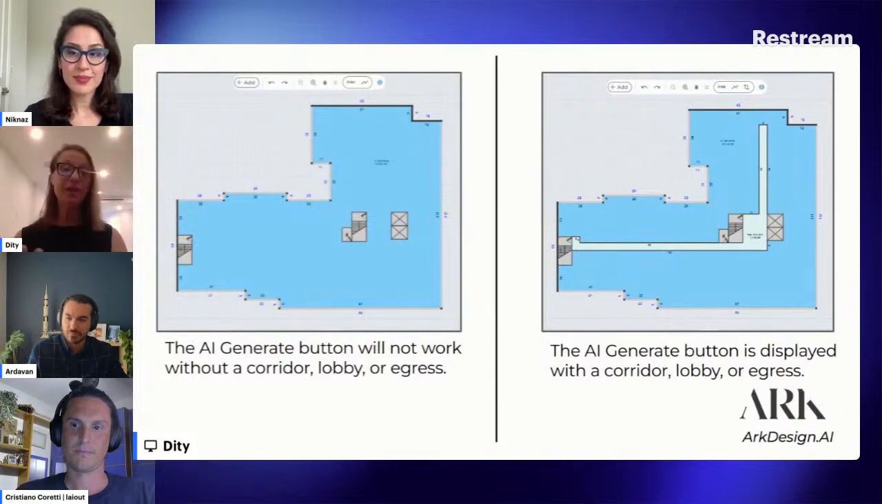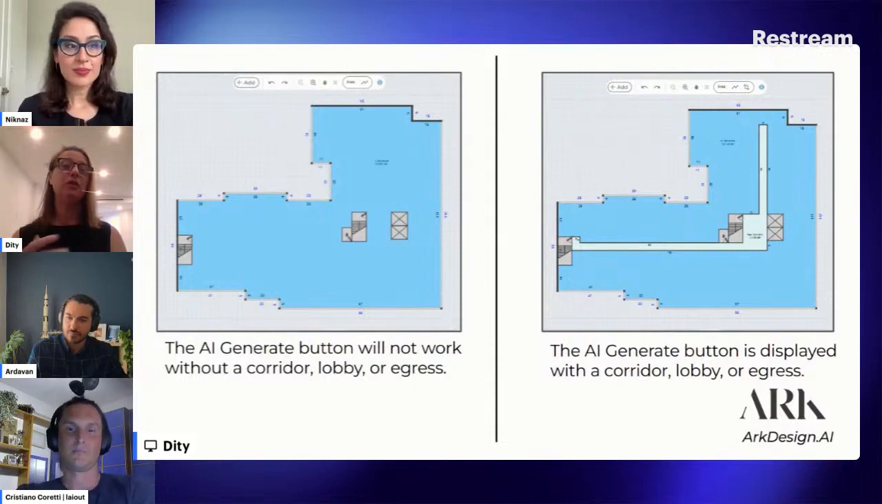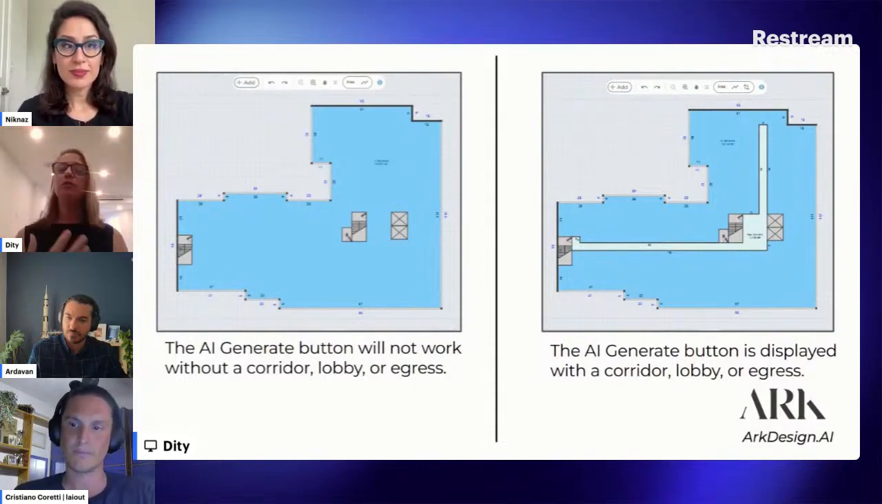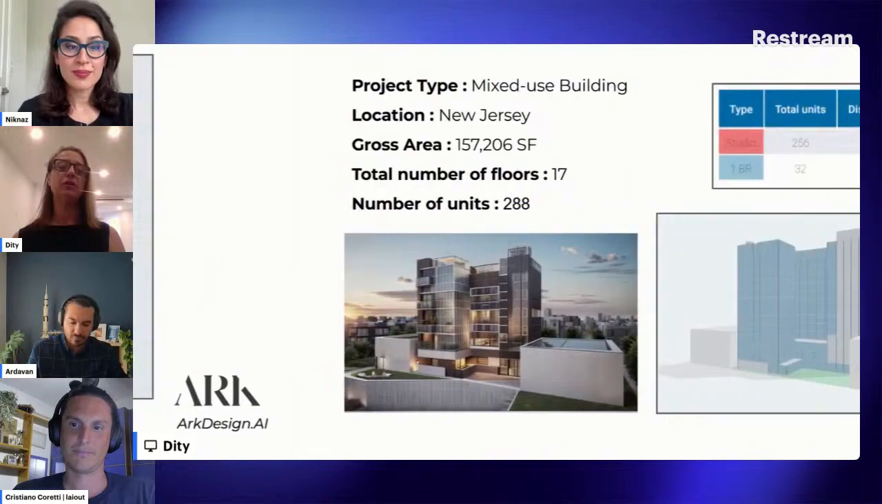And if you don't have that, and as you saw before, it's very critical, the efficiency of that typical floor, because the profitability of a project lies on that. And so if you don't have the right circulation, if you don't have a corridor, or it's not properly laid out with access to all the units, then the system will not automate the design of your dwelling